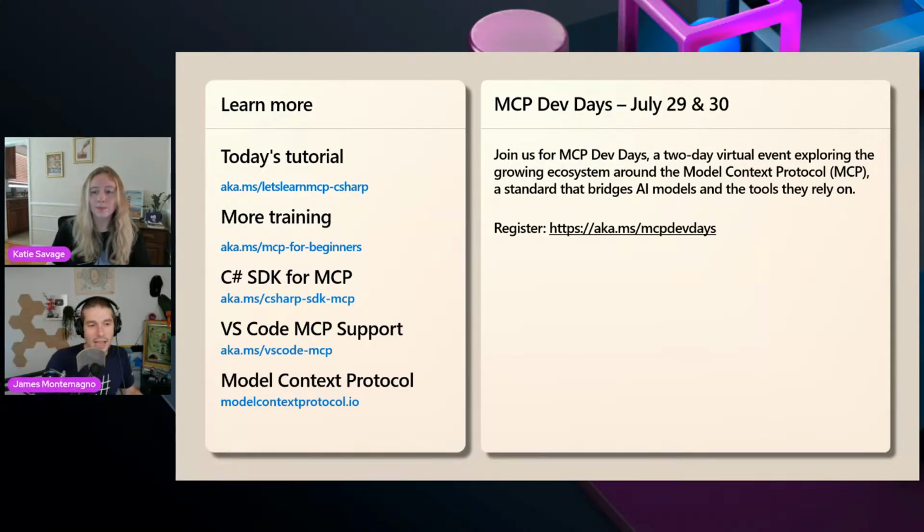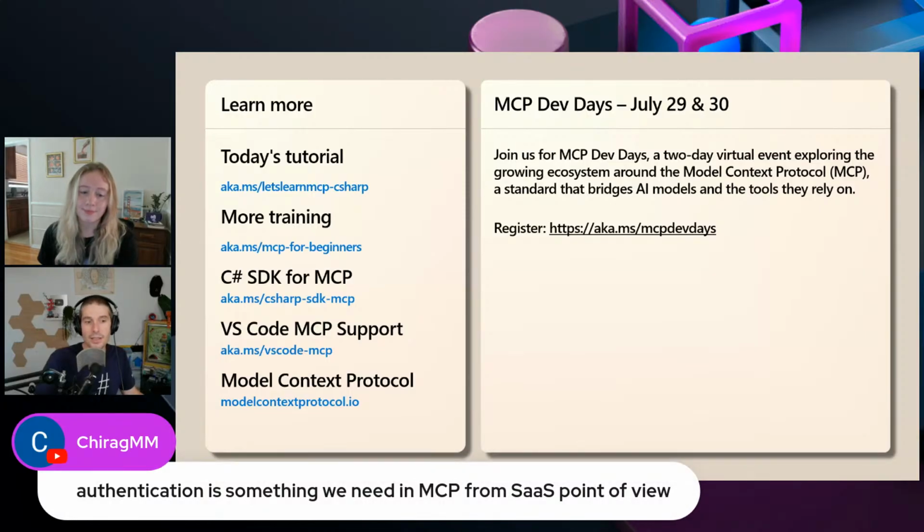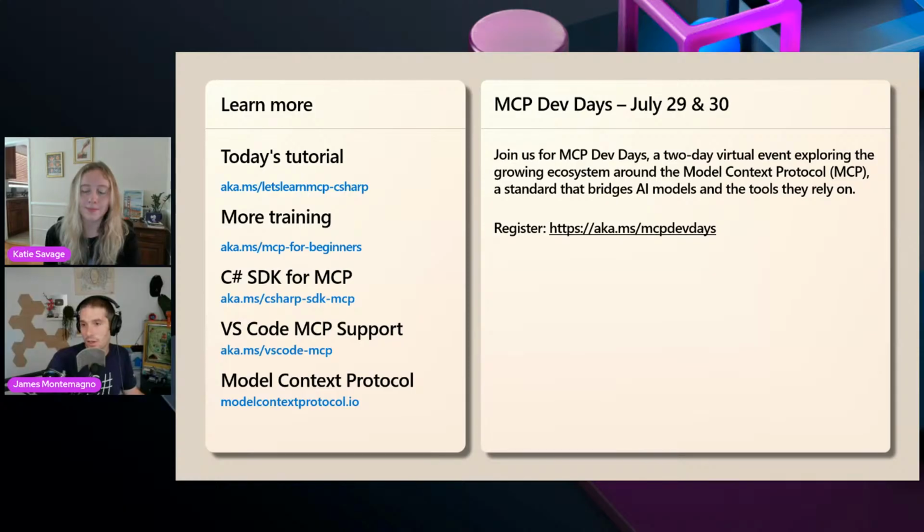How do we get these slides? I don't know. We'll put it in the repo. Yeah, put a PDF in there. We'll add a link to the Monkey MCP server stuff as well, so you can check that out. And Chirag, it is in. Authentication is built in the box. It's all done. It's good to go.